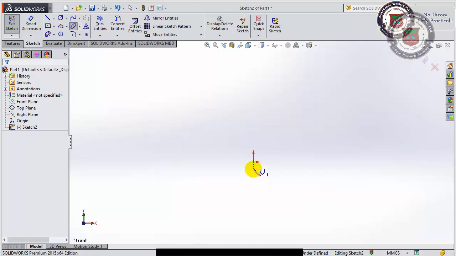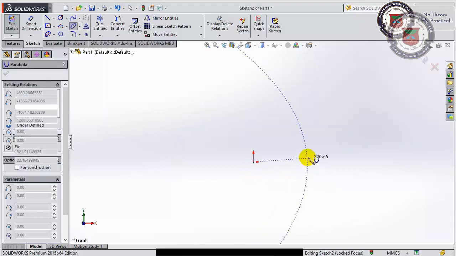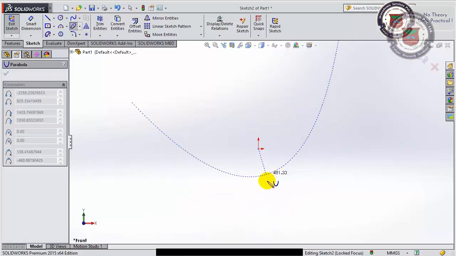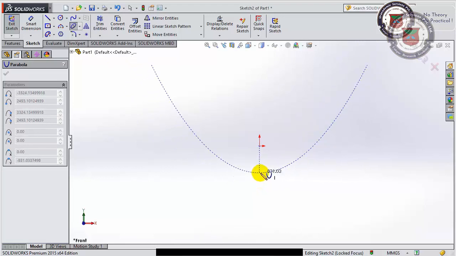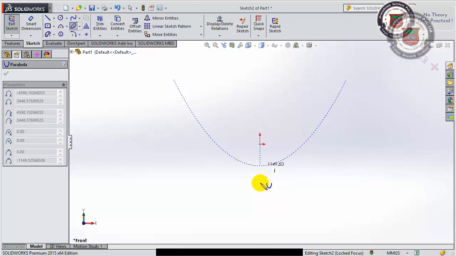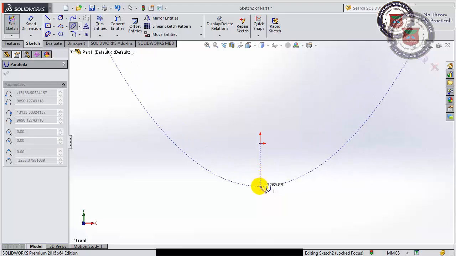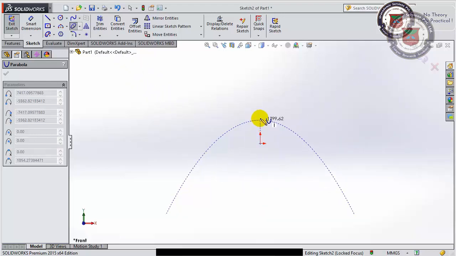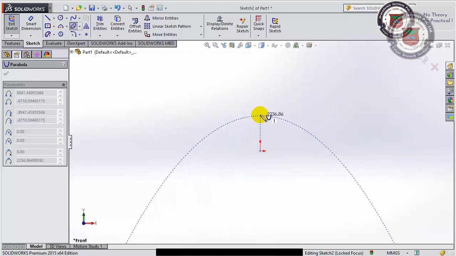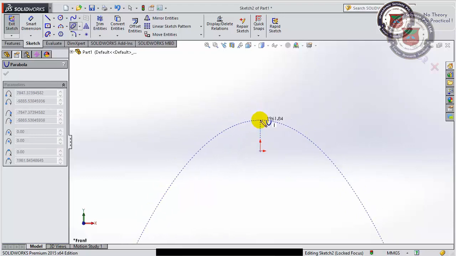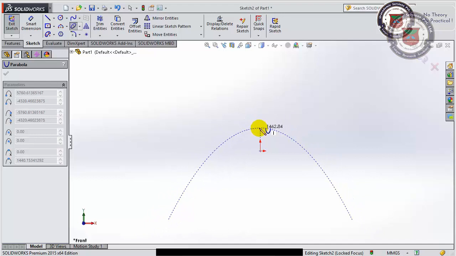The third one is a parabola. For a parabola, I'm taking first this point and taking direction inward. Suppose I want to take its axis to be on the y-axis, so I'm dragging it downwards. If I'm taking it upwards, then you can see in the dotted lines the profile of the parabola which will be generated.